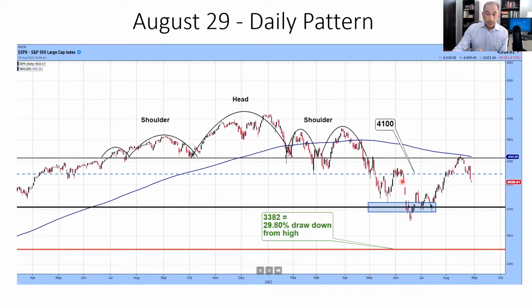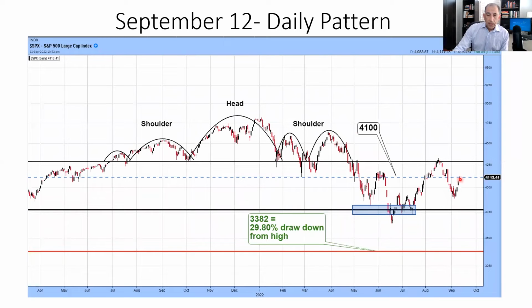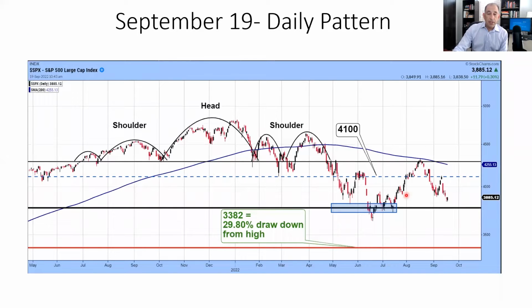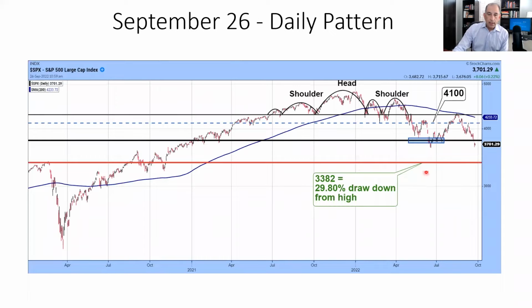So 4,100 was another level that was kind of testing and sort of became support and resistance, and it wasn't exactly sure. It did it a few times here, but it ultimately got down to our target. Now, this is the 29th of August, okay? So let's move to the next slide here. The 12th, we're seeing obviously rebounded right back to 4,100, and then obviously right back down again here. That was last week's chart, and kind of here we are today.